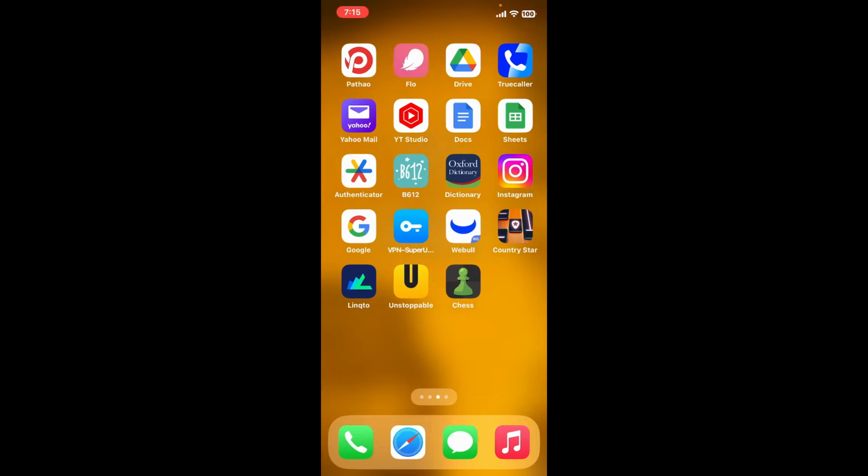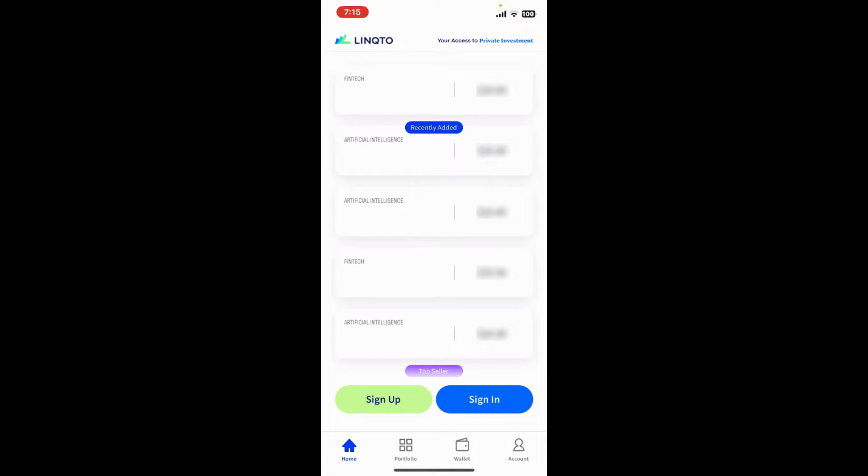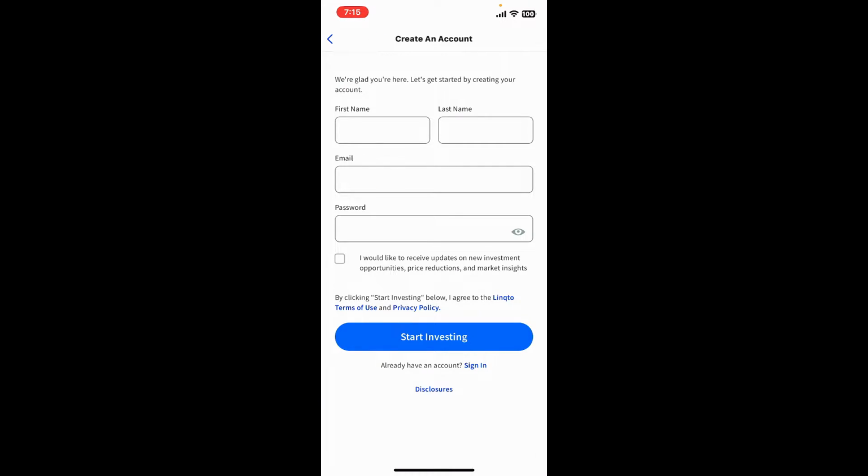First of all, open your Linqto application on your mobile device. You can also visit the official website for Linqto and sign up from there. Once you open up the application, you should be able to see the sign up option at the bottom left-hand corner. Simply tap on it and in the create an account page, fill in some of your information like your